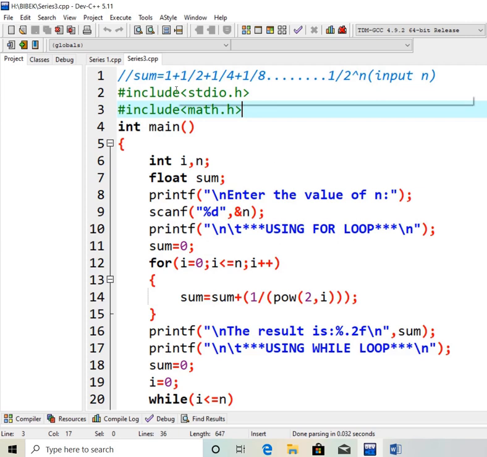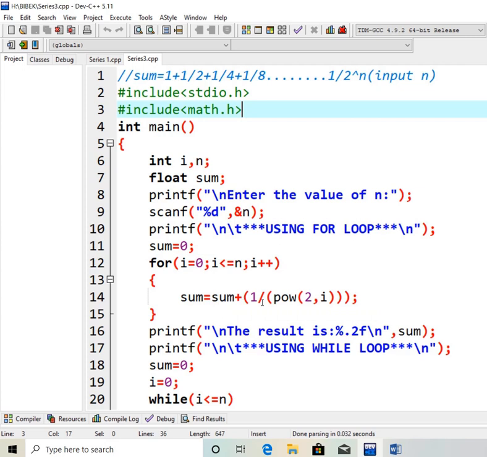I will start from 0. Why 0? Because see here, the first digit is 1, so 1 by 2 to the power 0 equals 1. The next value is 1 by 2 to the power 1, so I start from 0 and it will continue up to n, 1 by 2 to the power n. So this n is the final value of i. Finally the value of i will be n, and initially the value of i is 0. So i will start from 0, and I will continue up to n, i plus plus.